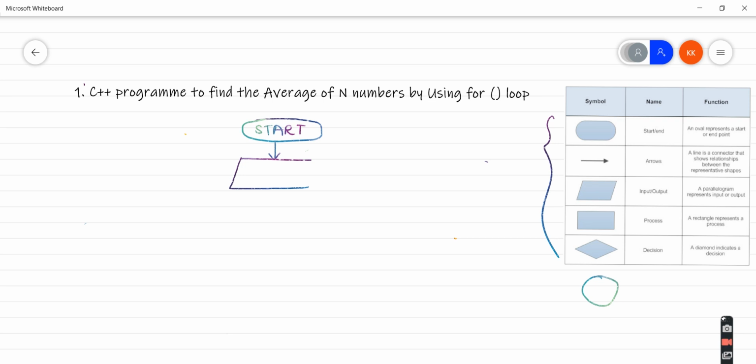For loop especially, we don't have any symbols. Wait, let me explain this, and you are going to see the same output wherever it is shown on websites. Because the for loop doesn't have any symbol, we are going to use the same symbols present here. So first of all, we need to have this start.